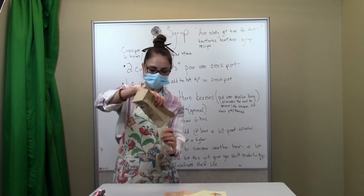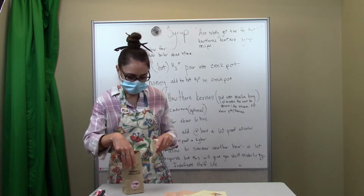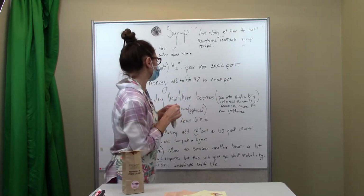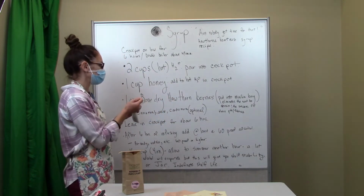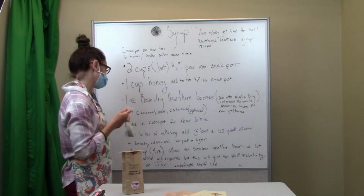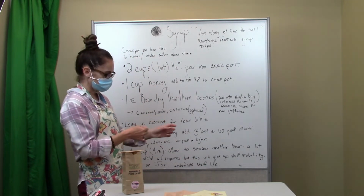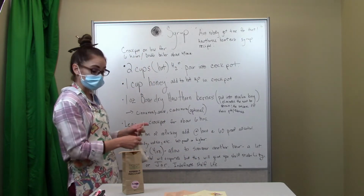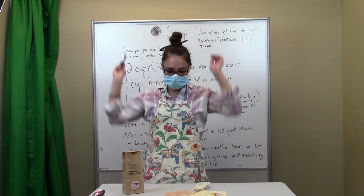Pop my bag open and pour it right in there. And then one important thing about this is we really want to be sure that you use a bone-dry hawthorn berry for this recipe, specifically because it's going to have an indefinite shelf life. Now, if you used a fresh hawthorn berry, it would not have an indefinite shelf life, and you would need to keep it refrigerated for safety, and you would know that in about,